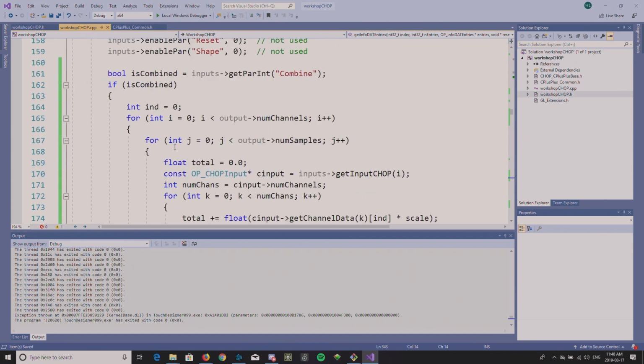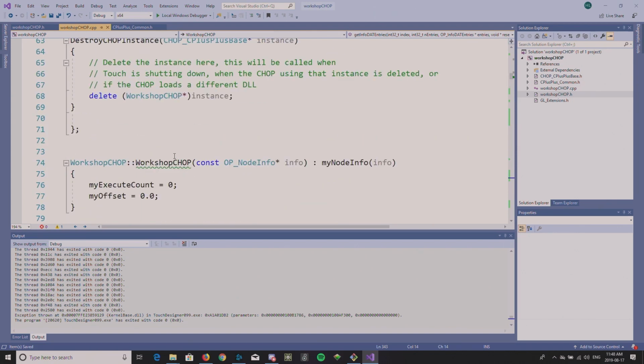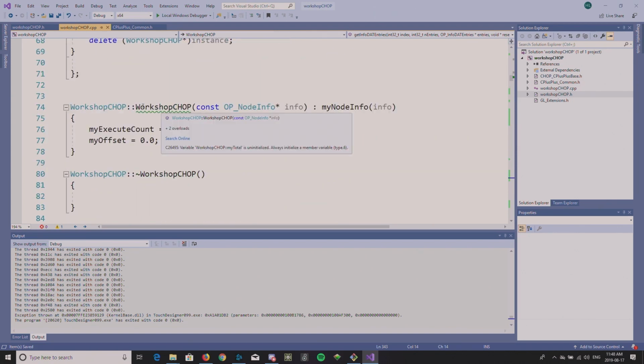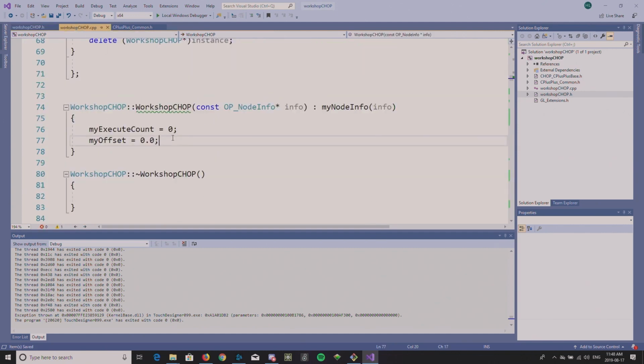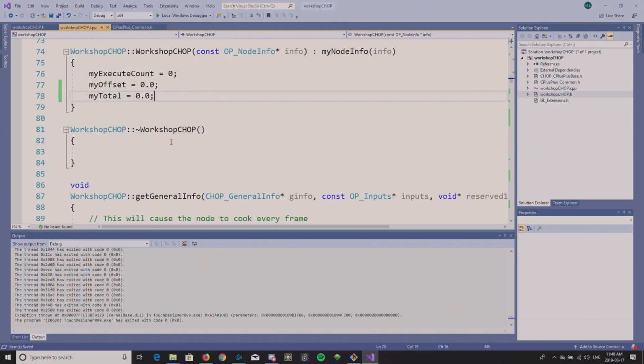So to do this, you just have to go back to the constructor. Okay. And right here, we could just write my total. So this way, it starts at 0 whenever we create the object. And then